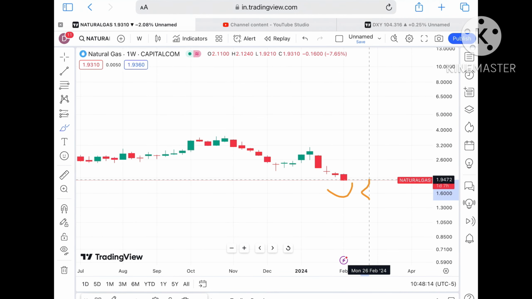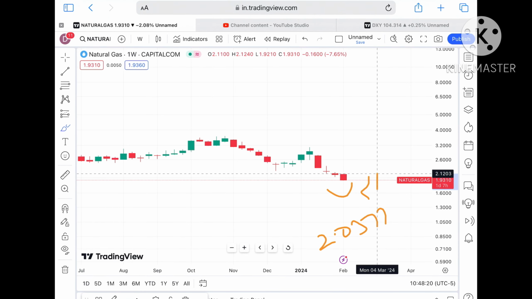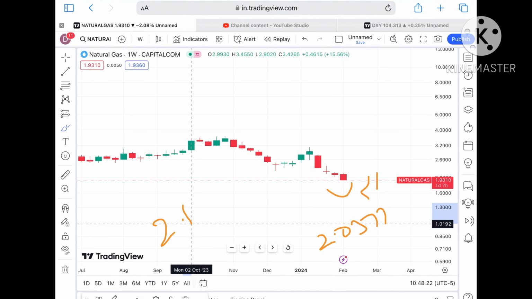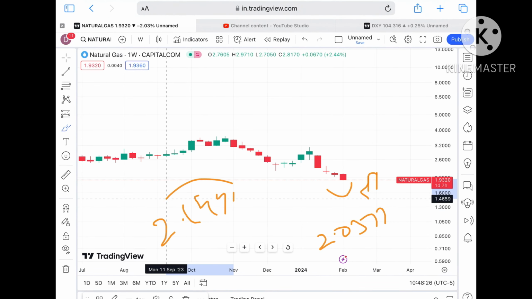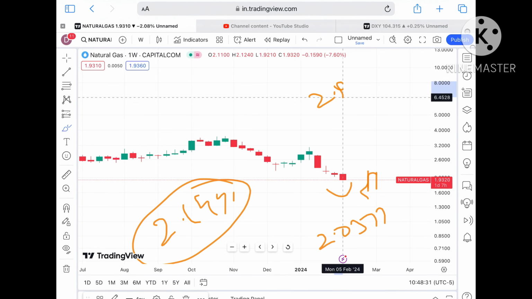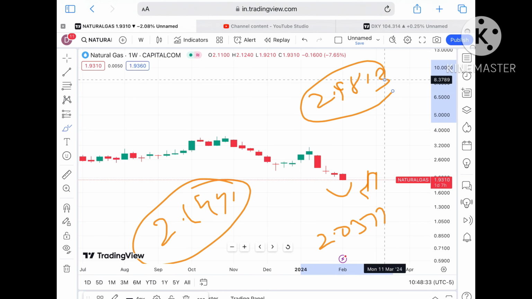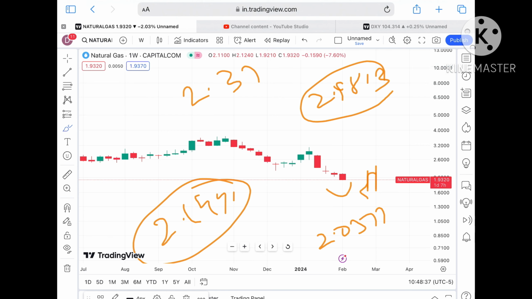So let's see if the price forms a swing, and if it sustains this level, we can see it can go further upside and can touch a level of $2.0377. If that sustains, we can see it can go high towards a level of $1.4415. Once the price started going above this level, this is a weak high. So once started going up this level, we can see it can go towards a level of $1.813. If the price keeps moving above that level, a further upside we can see towards a level of